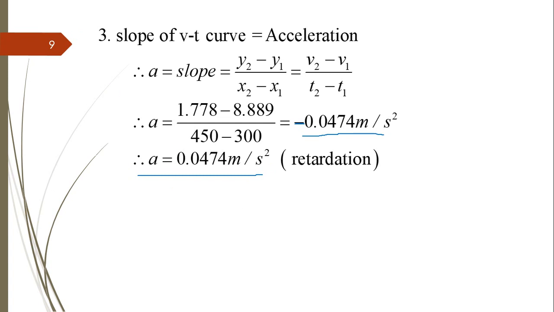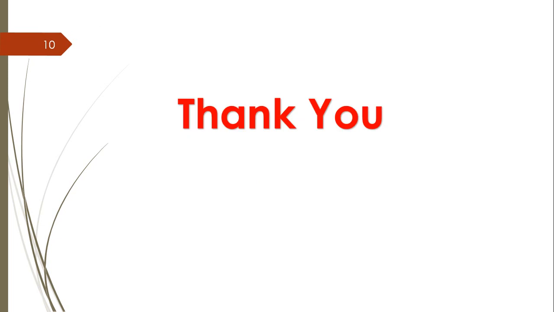So in this way, by using the motion curves we can get the required values by considering the three different motion curves, that is the xt curve, vt curve and at curve. We have to remember these points: from the xt curve, the slope of the xt curve is equal to velocity. Then from the vt curve we get 2 points: the area under the vt curve is the change in position and the slope of the vt curve is acceleration. Then third, from the at curve we again get 2 points: the area under the at curve is equal to the change in velocity, and the moment of area under the at curve gives us the change in position.